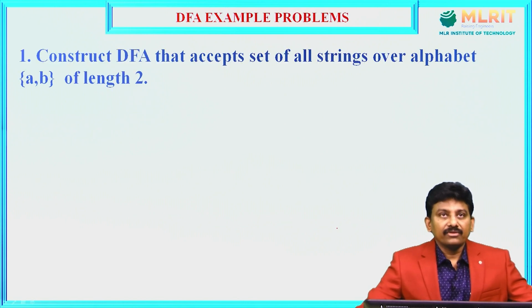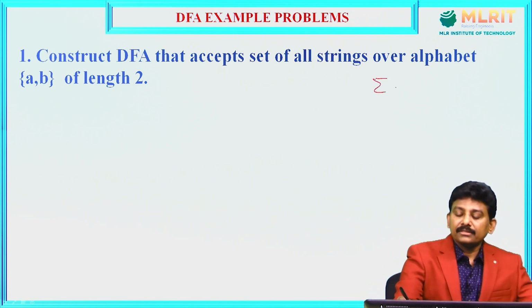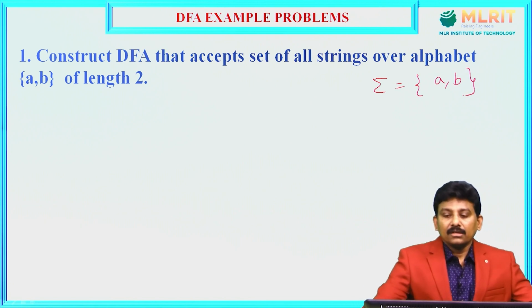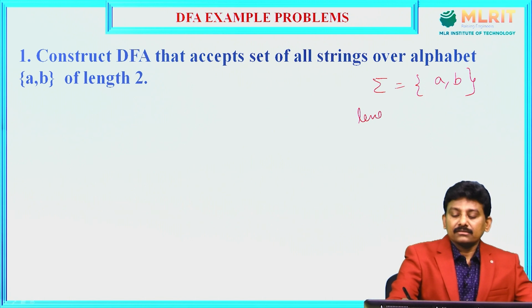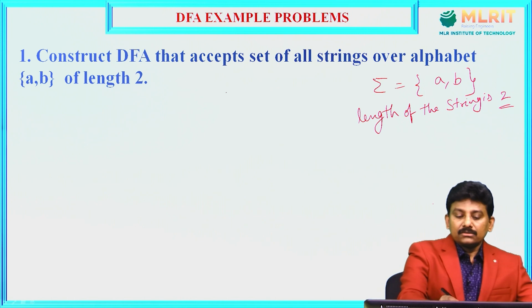Construct a DFA that accepts the set of all strings over the alphabet {A, B} of length 2. Here, the given input alphabet is A, B, and the length of the string is 2. So, the valid strings are